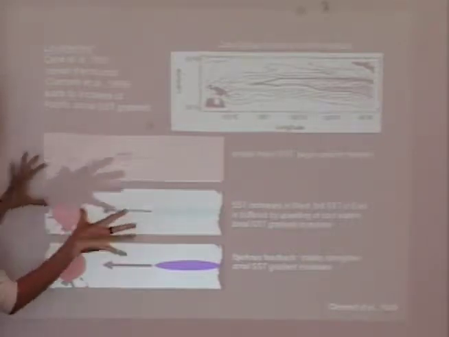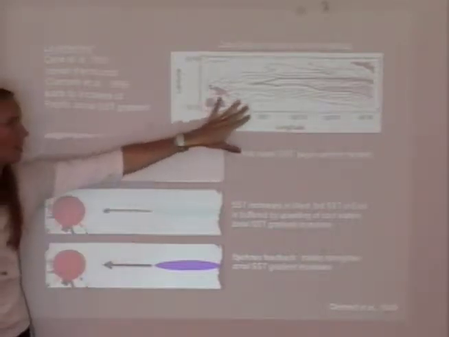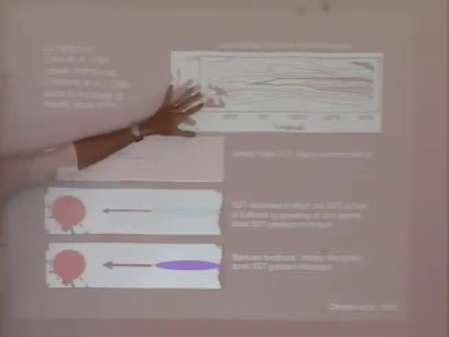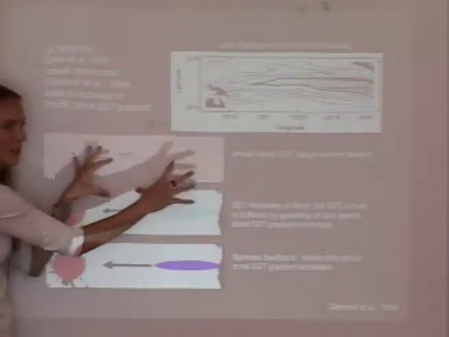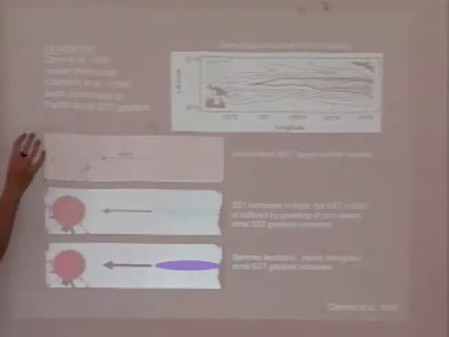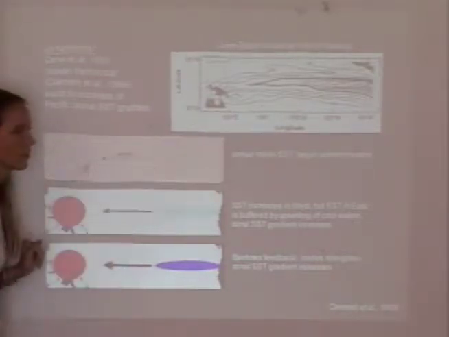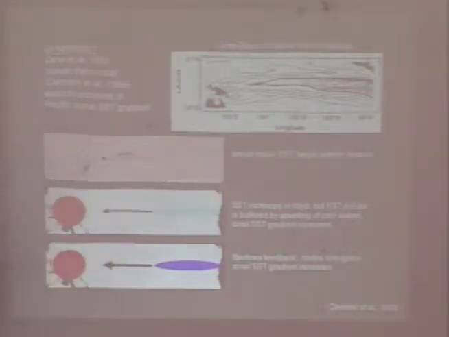Now, if you impose, as they did to get this model result, a uniform heating just by heat flux, basically, you just heat this whole box uniformly, which may or may not represent what's going to happen during a global warming scenario, but that was their clear implication of doing this.